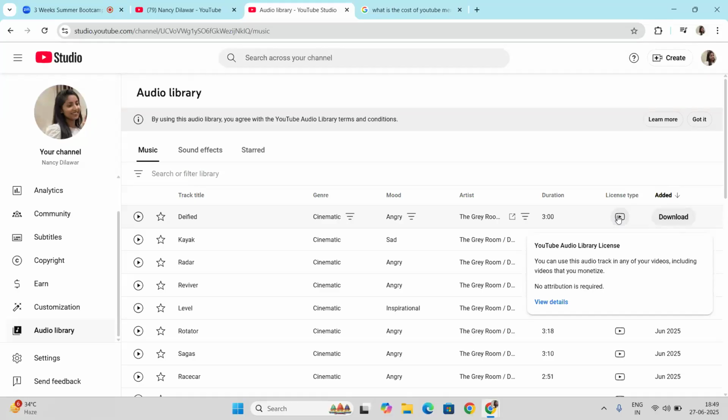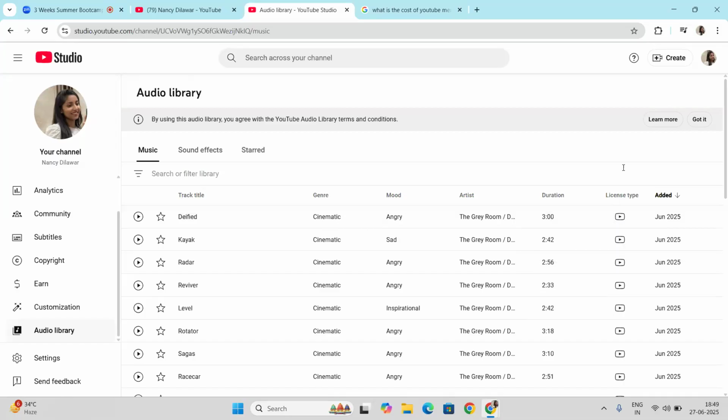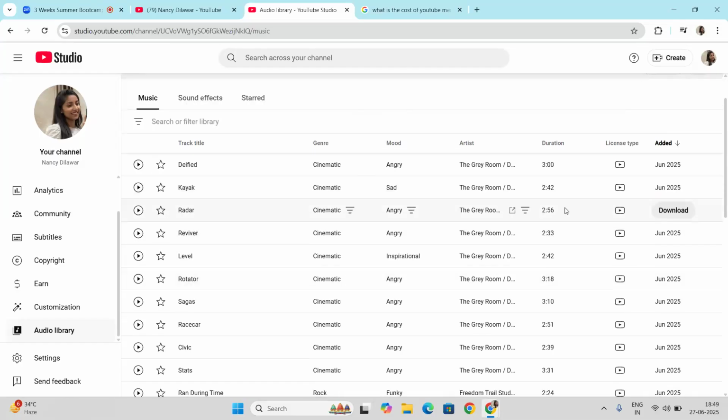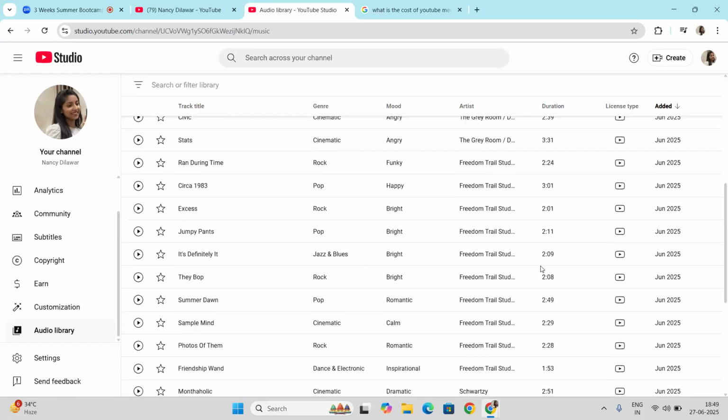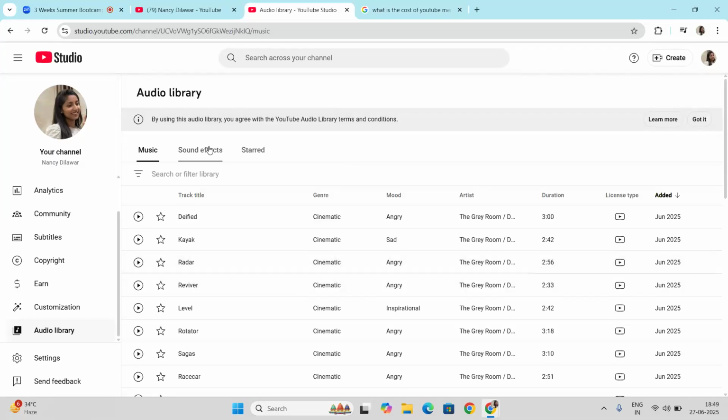All those sounds are given by YouTube only. So if you use such tracks, you will not see community guidelines violations or anything like that. And here you can see the duration. All these are given by the audio library.